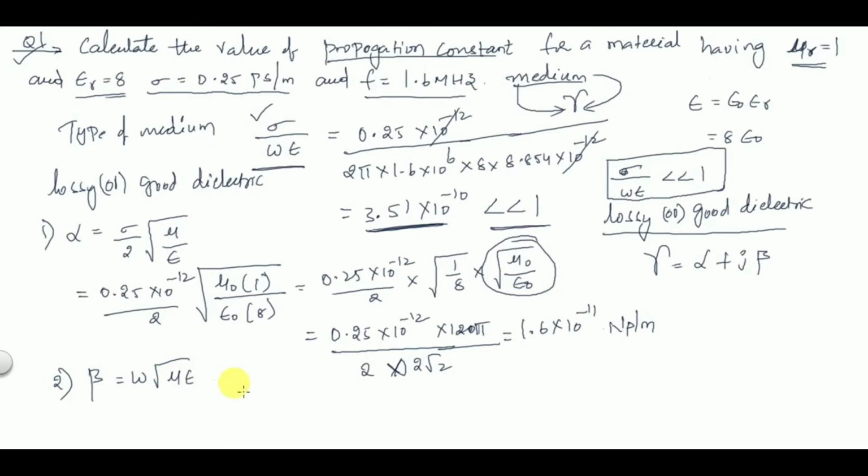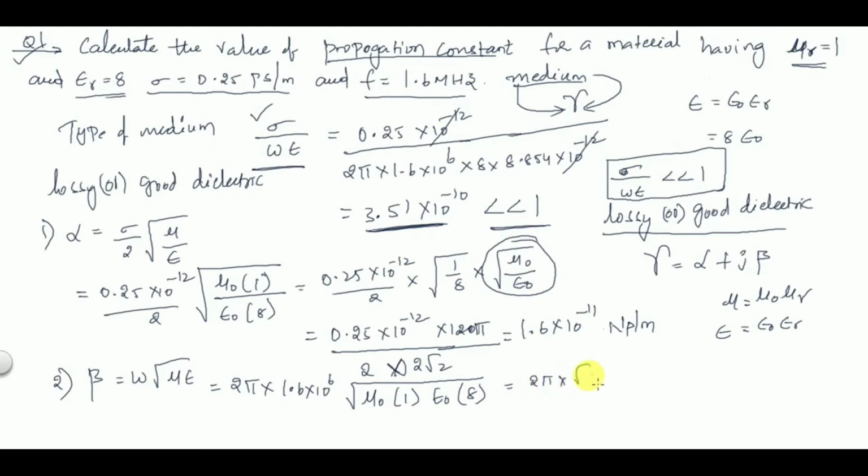So what is the formula for beta? Beta is omega into root of mu epsilon. Omega is 2 pi f. So 2 pi into f, which is 1.6 into 10 to the power of 6, into root of mu naught mu r. Mu r value is 1, right? Because mu is equal to mu naught into mu r, and epsilon is equal to epsilon naught into epsilon r. So epsilon naught I am writing as it is. Epsilon r value is 8. So 2 pi into root 8 into 1.6 into 10 to the power of 6 into root of mu